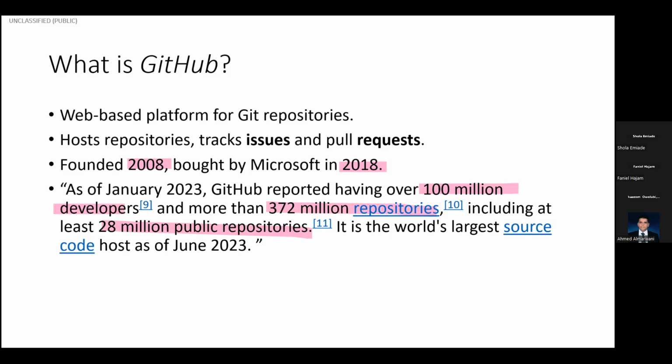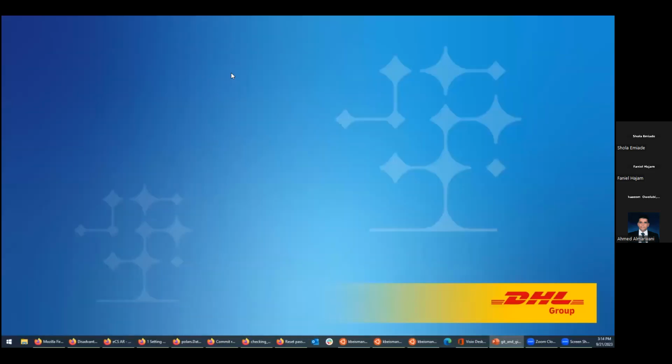It was founded in 2008. It was bought by Microsoft in 2018. That's straight out of Wikipedia, just to show you how important GitHub is nowadays. There are right now over 100 million developers on